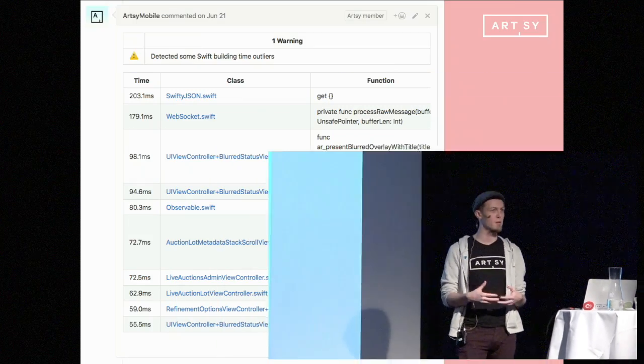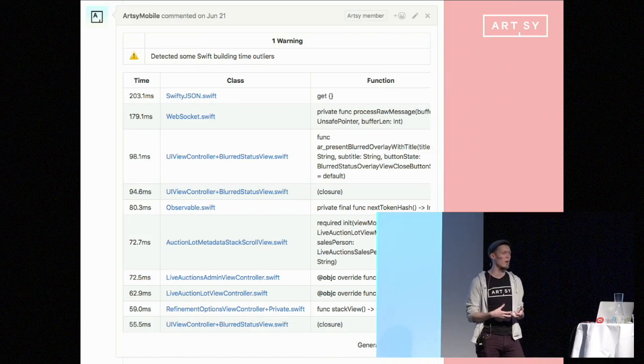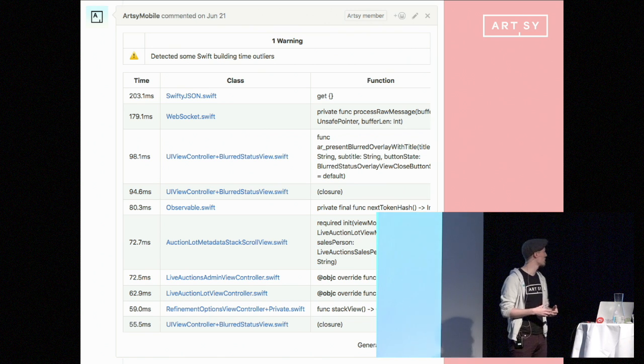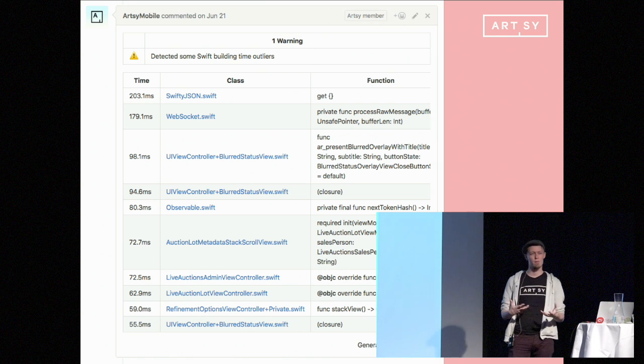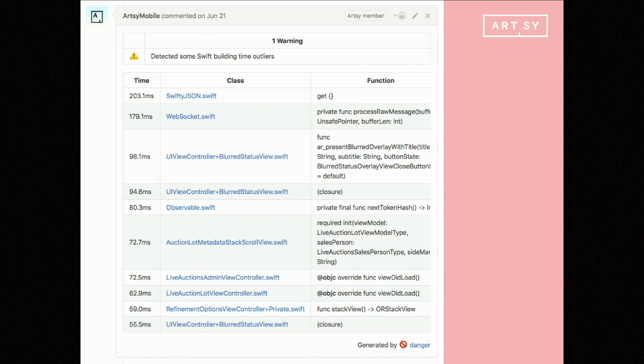We eventually allowed it into our codebase and started to find that it was very negatively impacting our incremental compilation abilities. So one of the fixes that we had is one of the tools that we built called Danger now tells us every single slow function to compile from the Swift compiler. It outputs this stuff. So we can know what parts are really starting to slow our build and dev cycle down, which helped for the